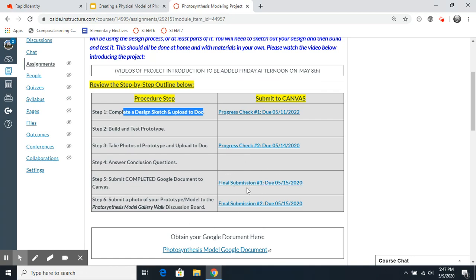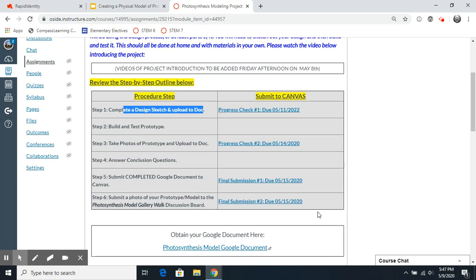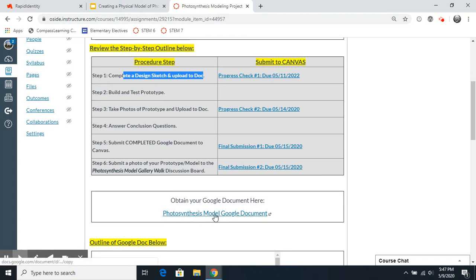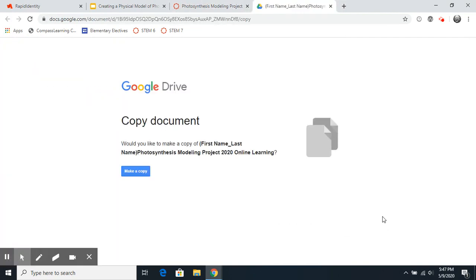Okay. All the detailed information about these steps can be found in the Google Doc you will submit. To obtain your Google Doc, you click here, Photosynthesis Model Google Doc. When you click on that, it will automatically prompt you to make a copy. This bypasses the file, make a copy process we used to use. Google Drive now allows you just to make your own copy by clicking make a copy. You make a copy,